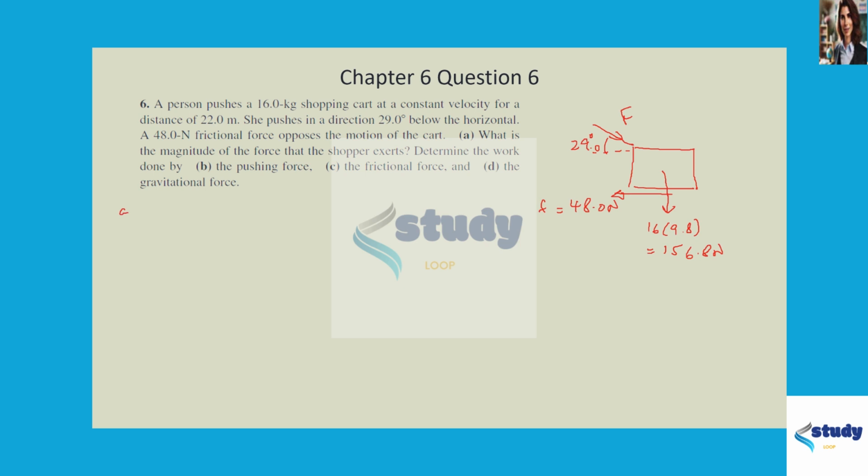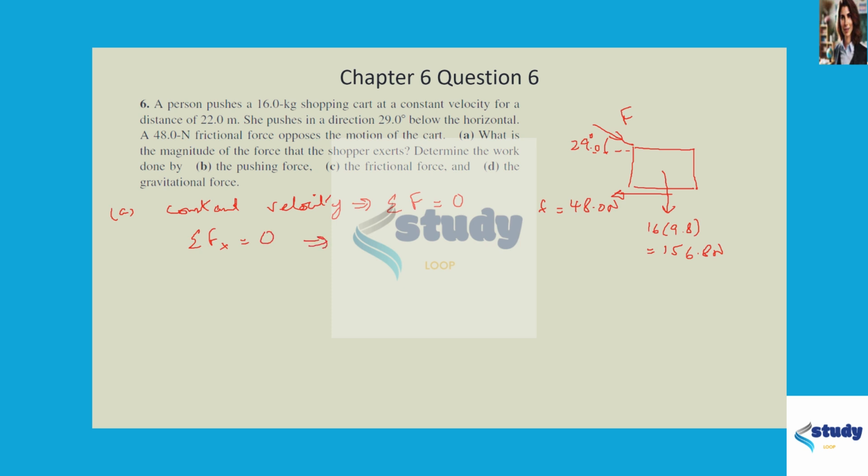Now let's dig into part A. Since the velocity is constant, that's an important thing to note in this question. Velocity is constant. What that implies is that all these forces balance each other. So the summation of forces is zero, which also means that the summation of forces along the x-axis is also